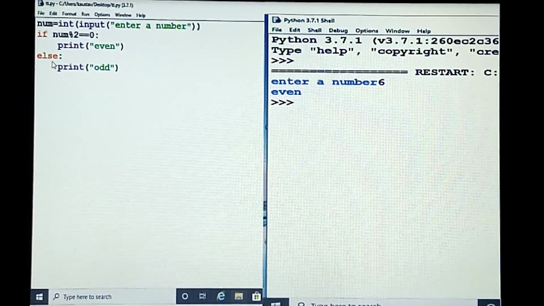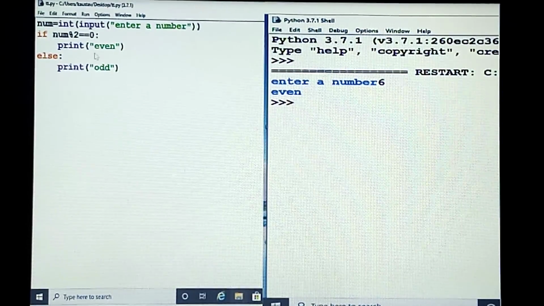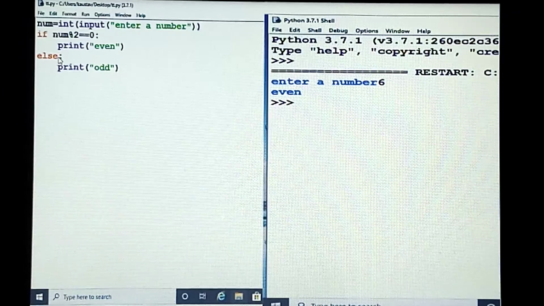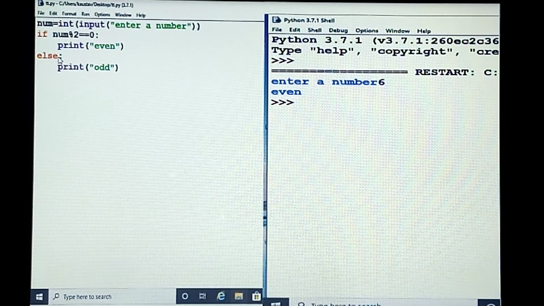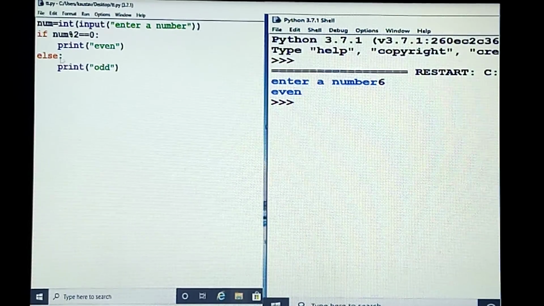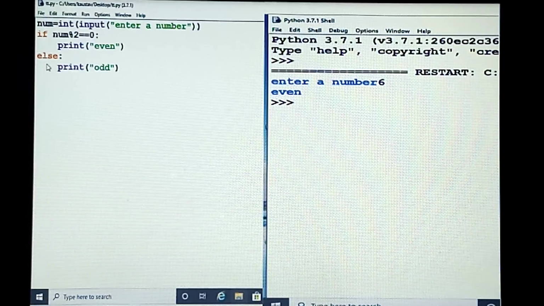Only in the case of else, IDLE is not able to manage it, so you will manage the else yourself; else will be just after the if.